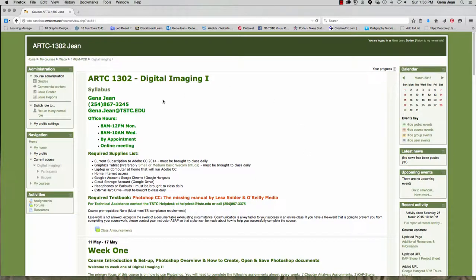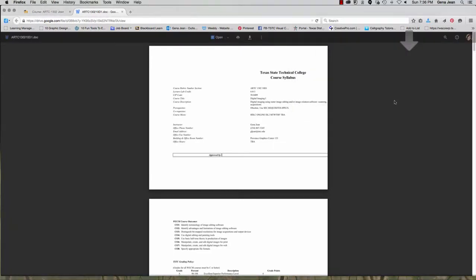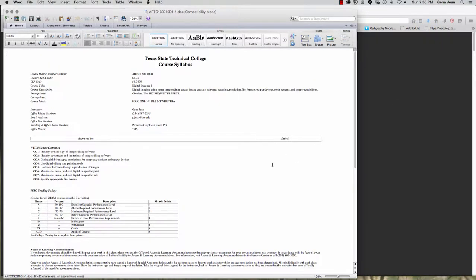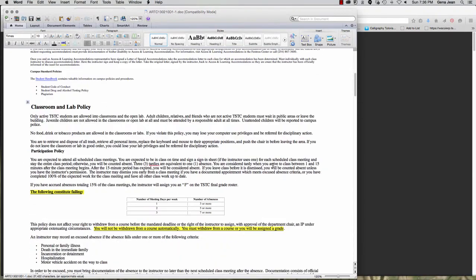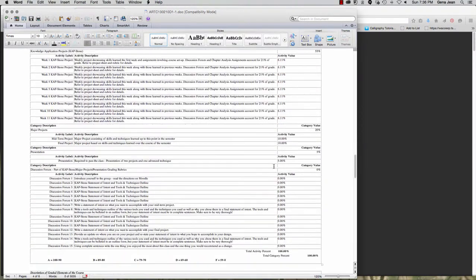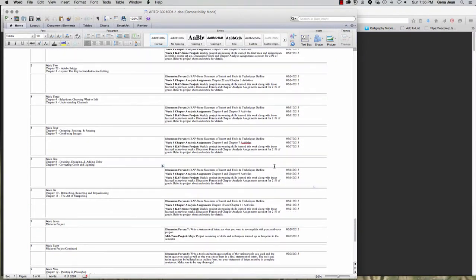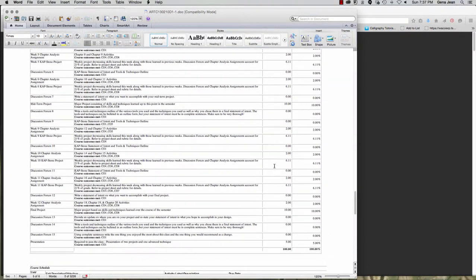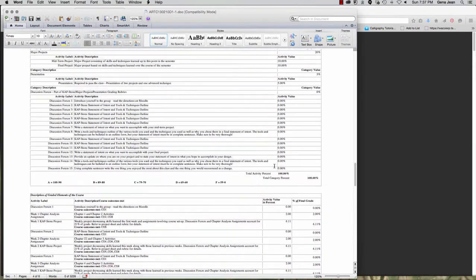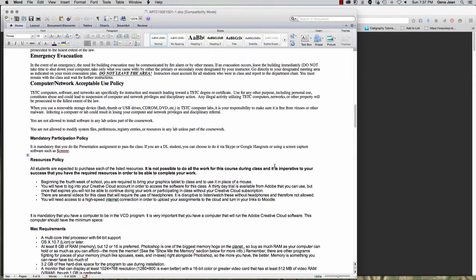So up in the header up here in the intro area, you'll see that I have a link to the syllabus. So if I click on that, I can download it and open in Word. And you'll be able to view all of the syllabus in the zipped folder attachment that I've uploaded with my project file on Blackboard. It has the complete schedule for the entire semester, each of the weeks outlined, each of the assignments outlined, as well as necessary resources and policies,